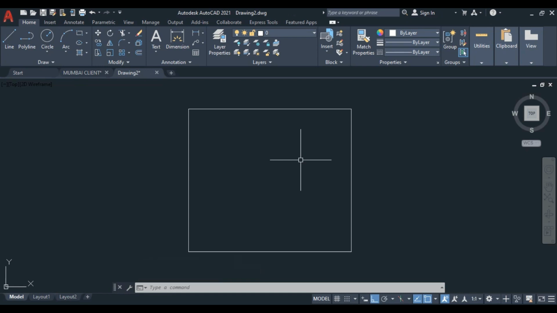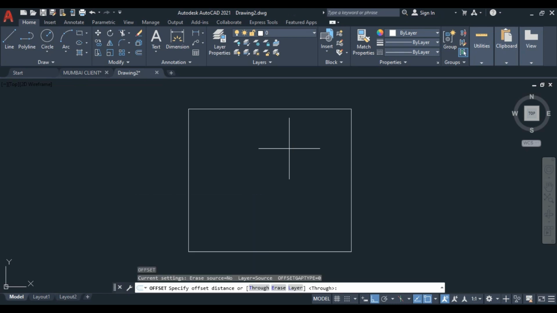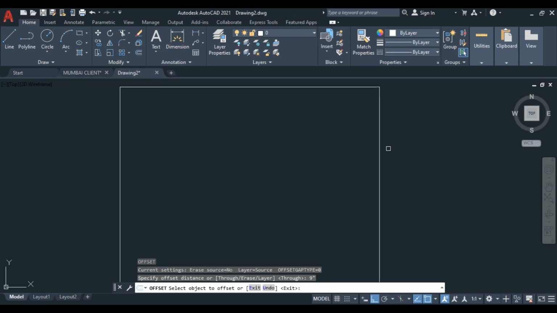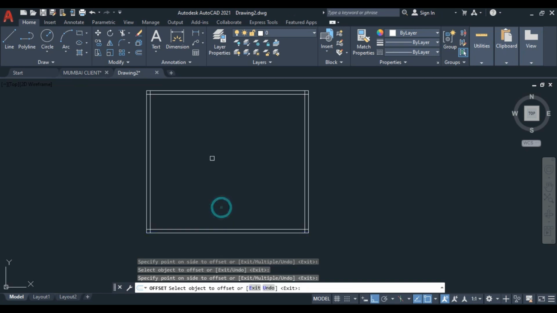we'll make the external wall. So the external wall thickness according to the standard size is 10 inches, 9 inches, 6 inches. So I'll provide here 9 inches for our exterior wall. So I just take the offset command, press enter, and I put the value 9 inches, press enter, and just click inside of your plot.